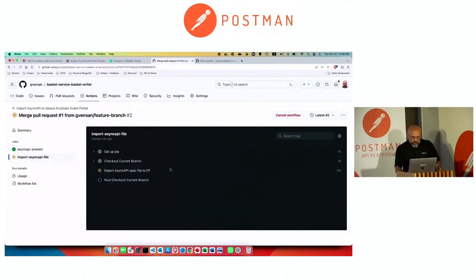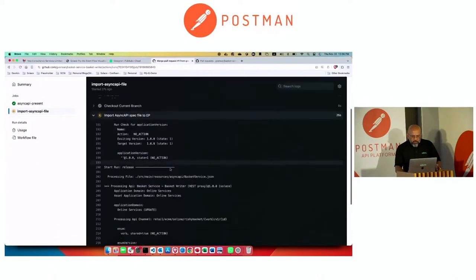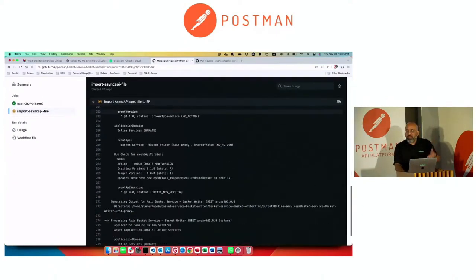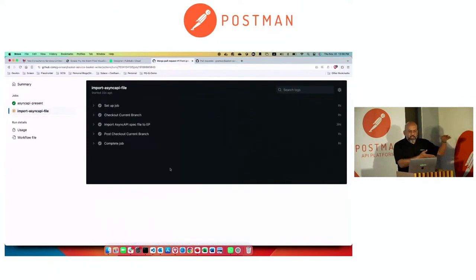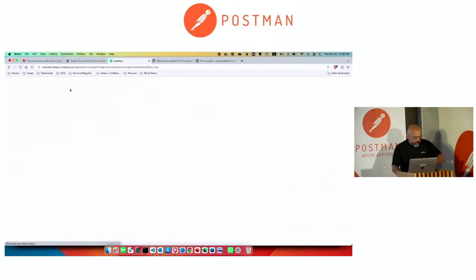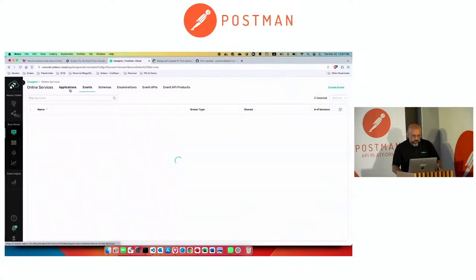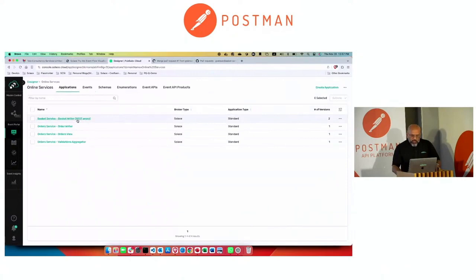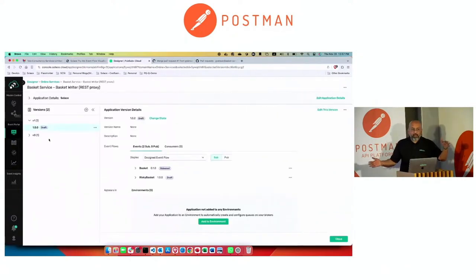Let me go to the next one. It should not take much time. See, behind the scenes, it's parsing the AsyncAPI document, finding what version it is, all those things. Okay, it's done. Now let me go here and do a quick refresh. You can see here, since the application context got updated with the new event and so on, automatically a new version is created. And in this new version, there are 2 events the version is able to handle. One is basket and the other is risky basket. There are 2 events, right?